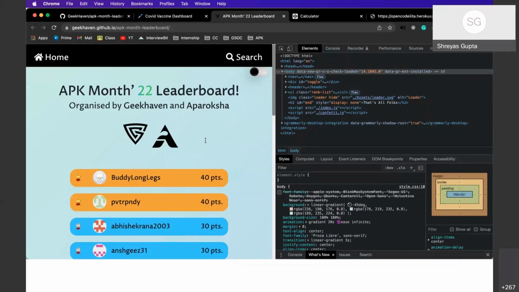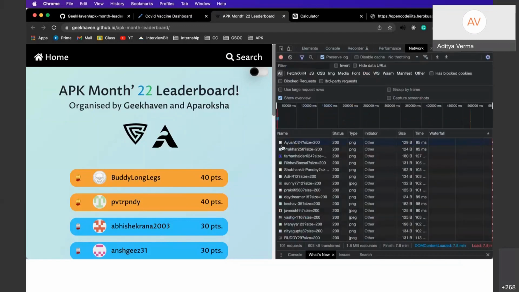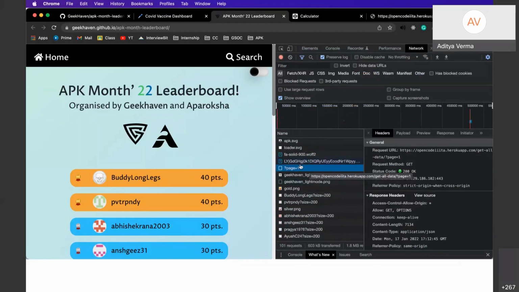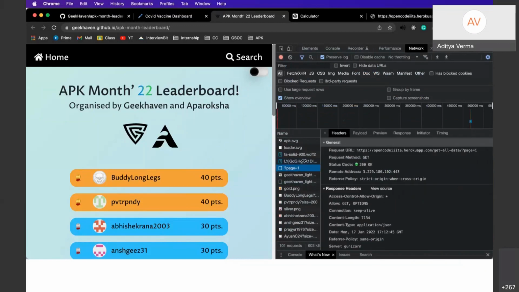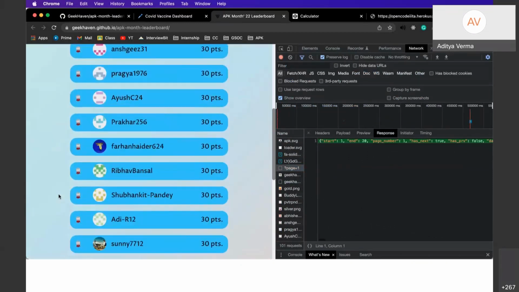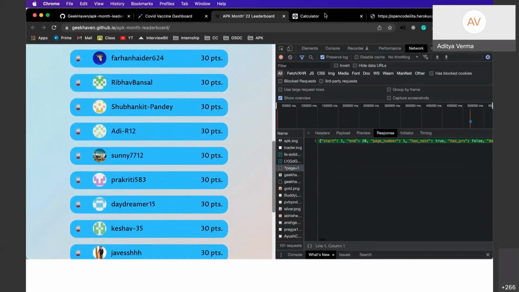बैकएंड पहले एक्सेस नहीं कर सकते। टॉपिक रिलेटेड पूछ लो यार, वीपीएन भी बता देंगे। तुम बैकएंड का कोड ऐसे डायरेक्टली एक्सेस नहीं कर सकते, लेकिन तुम बैकएंड पे रिक्वेस्ट डाल सकते हो। जैसे इसी कोड में अगर तुम देखो तो बैकएंड को रिक्वेस्ट जा रही है, तुम जैसे नेटवर्क्स में देखोगे तो इसमें से एक रिक्वेस्ट ये वाली, ये बैकएंड को ही जा रही है, और फिर इसके ही रिस्पॉन्स में जो डेटा आया है वही यहाँ पे हम शो कर रहे हैं।